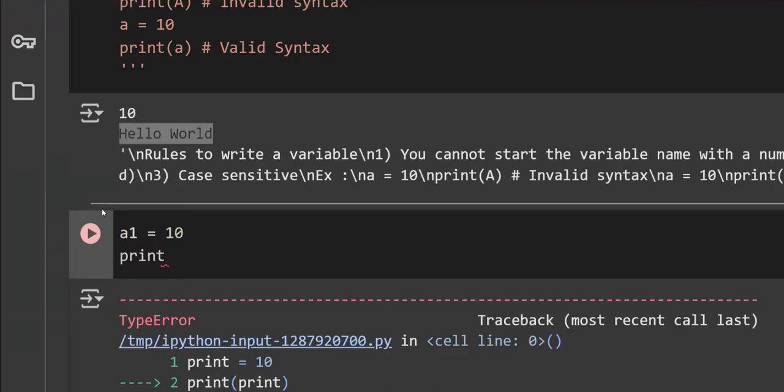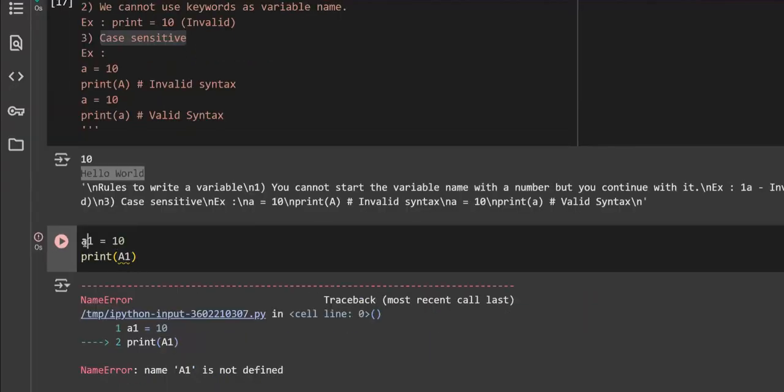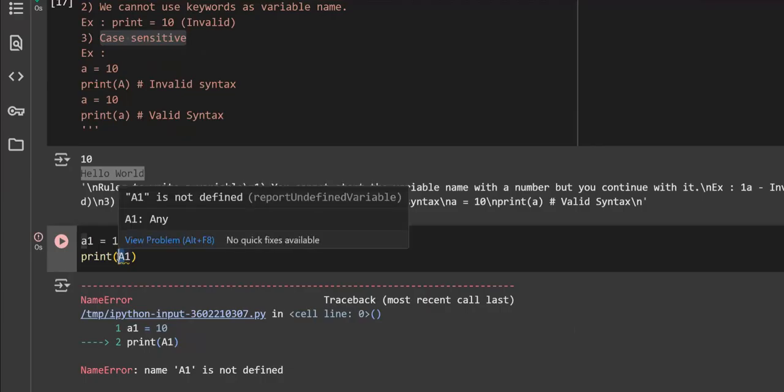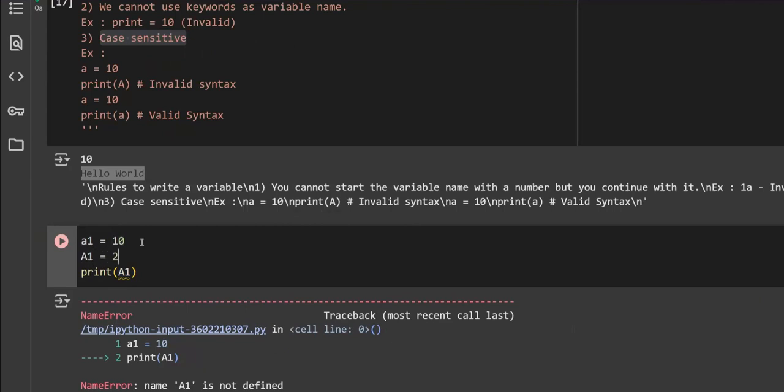I'll mention print A1 now. Now both are the same, right? Both are the same, so if I run it, I should get the value as 10. No, I'm not getting it, because here it is a small case and here it is a capital case. So both the cases are different, right? Whenever the cases are different, obviously the variable names are also different. So if I mention A1 is equal to 20, I'm now able to,